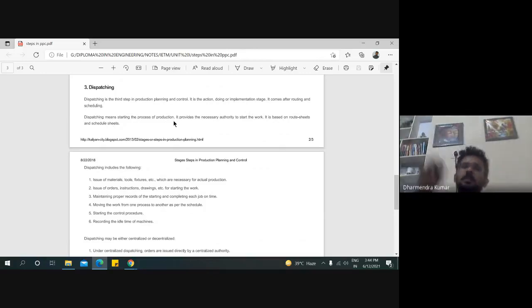This step comes when we switch on the lathe machine. It is an example: when we switch on the lathe machine, then we can say that dispatching is a start, because now the action phase is going on that particular raw material.